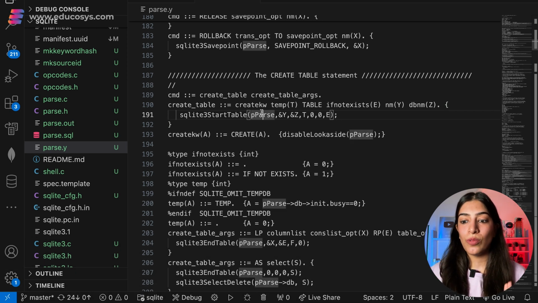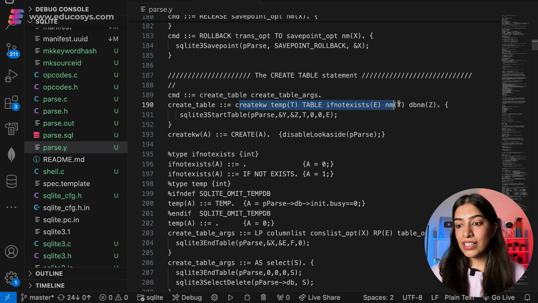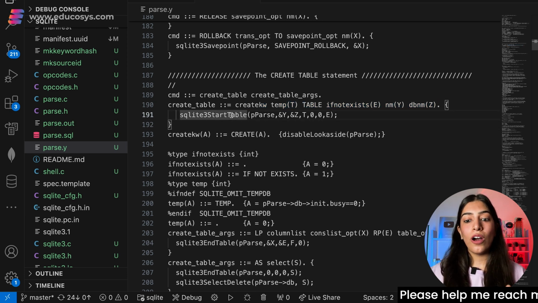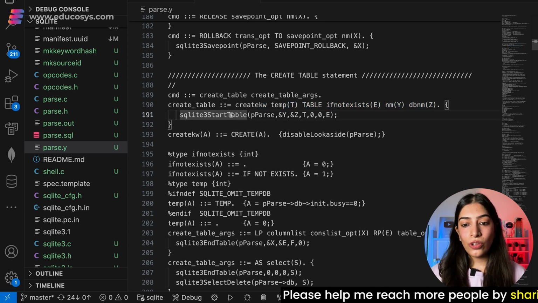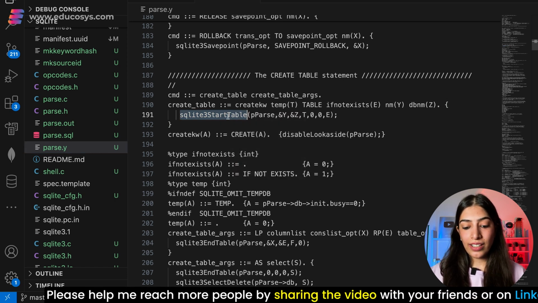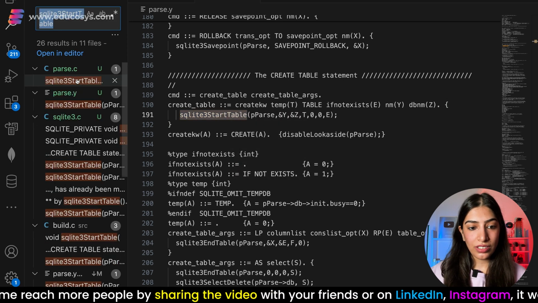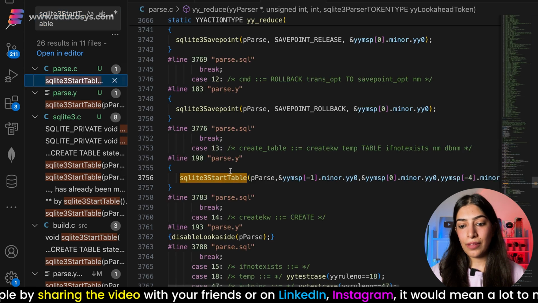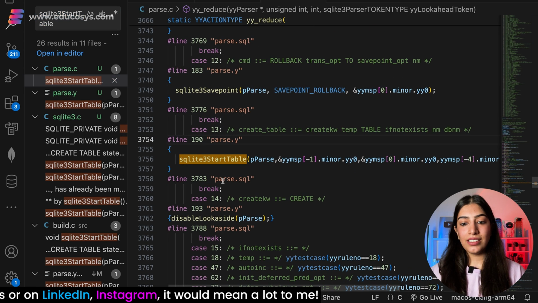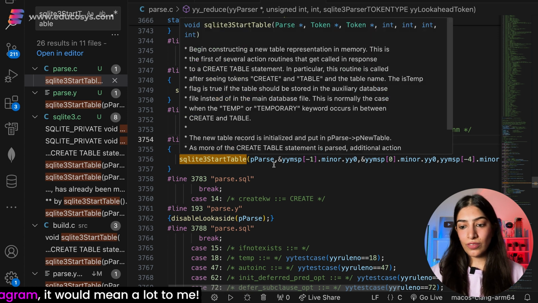That is exactly what is happening. See, here we are saying that this is the grammar rule in very simple terms, and we are saying that we call this particular function. Okay, and what is happening inside this function? So if you see sqlite3StartTable, if I just search for this, this is what is happening over here. So if you see, this is where parsing will be happening, and